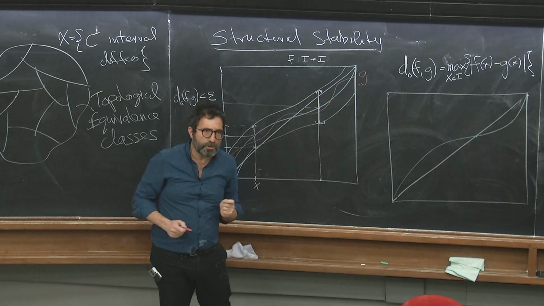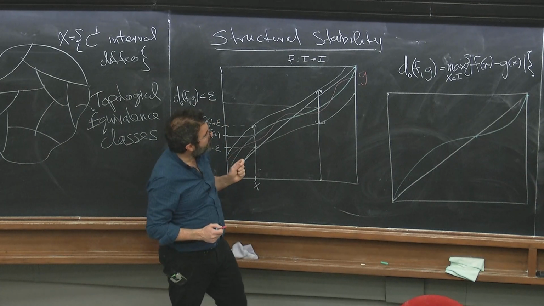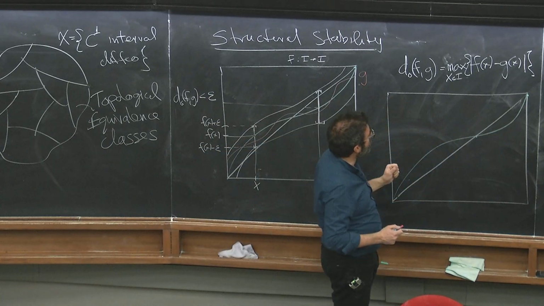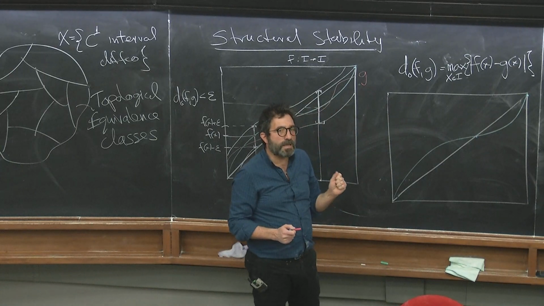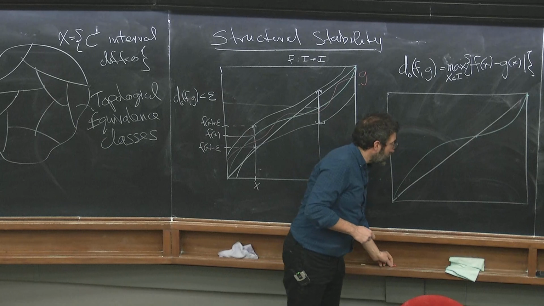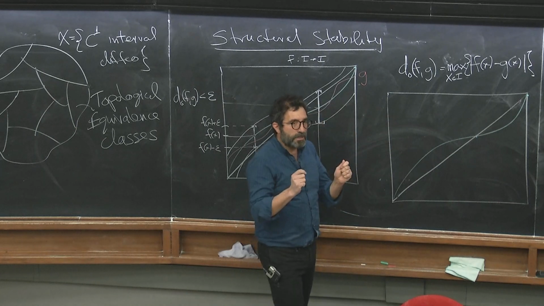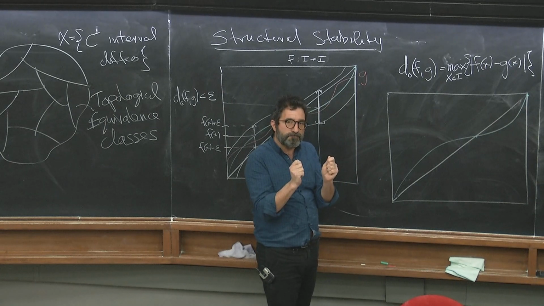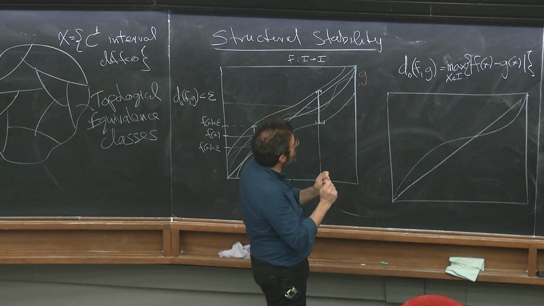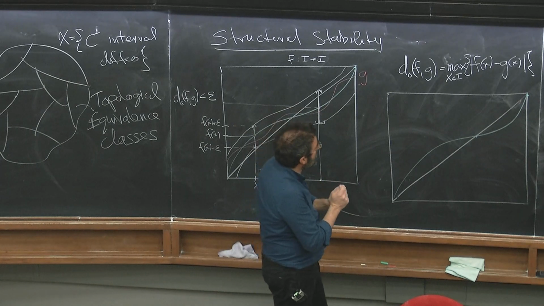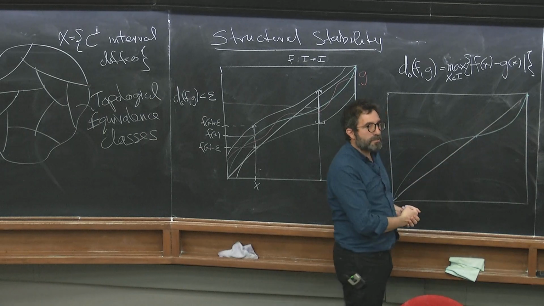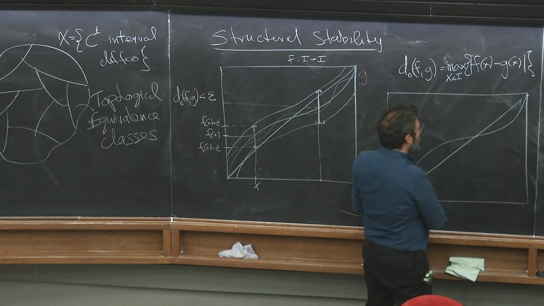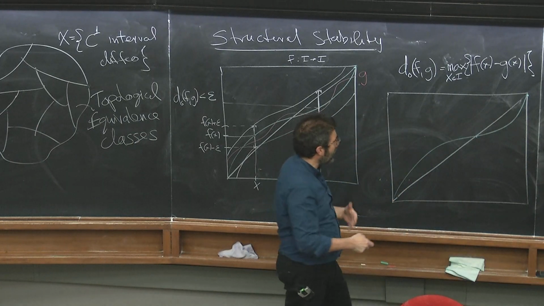Any epsilon you give me, can I find another interval diffeomorphism which is not in the same topological conjugacy class? The easiest way to make sure that two maps are not topologically conjugate is that they have a different number of fixed points, right? So can I construct a map G which has a different number of fixed points? The easiest way is to construct a map that has more fixed points,